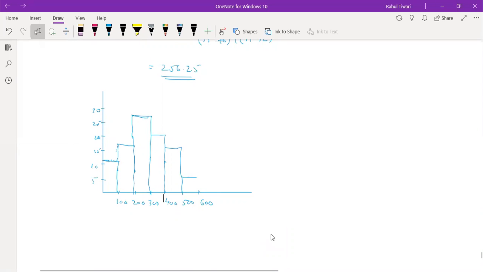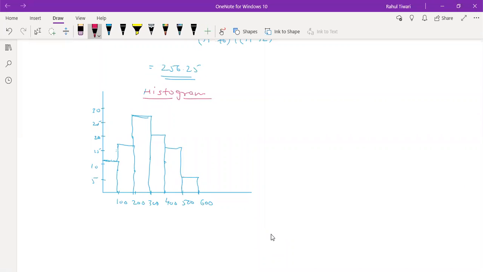Okay. This is the histogram, which you very well know how to draw. Okay, and once it is done, just look at that screen first. What you have to do, you search for the highest frequency first of all. Okay, search for the highest frequency. Everybody, please look at that screen first.